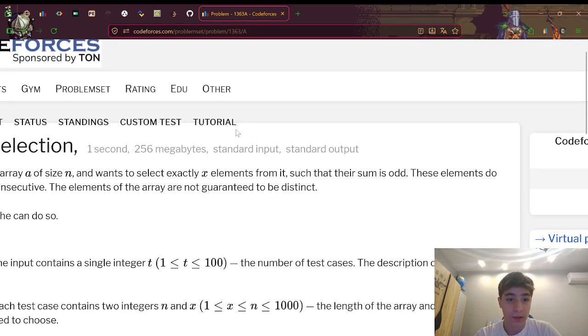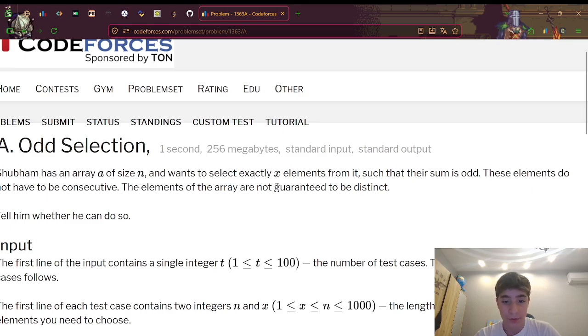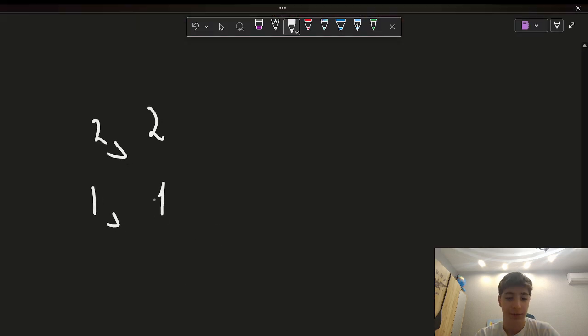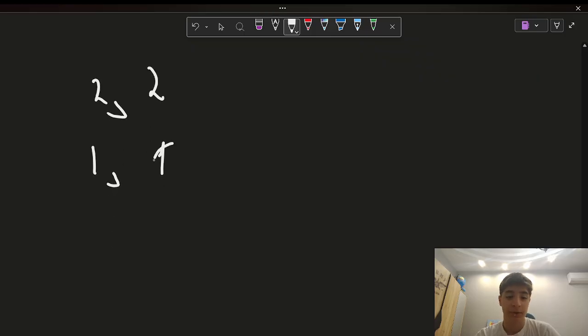They're saying the elements of the array are not guaranteed to be distinct. Yeah, that's the problem. For example, if there would be 0, I'd be so happy. For example, 1, yeah. If 1,